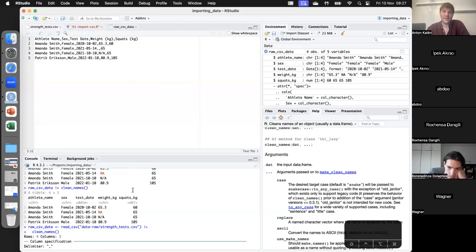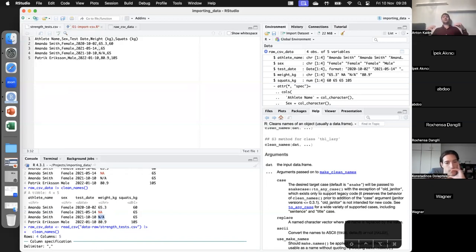And this works well, we see. Capital NA was the way for R to denote missing data. So that worked well. The problem is if we look at the next row, where it is supposed to say weight, we have